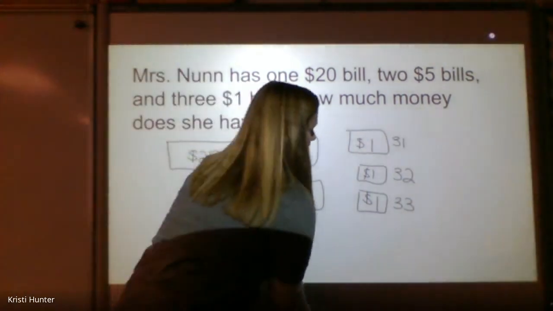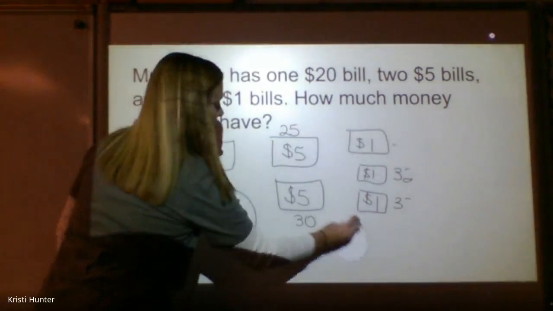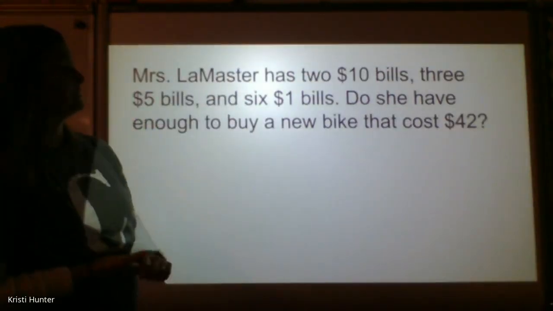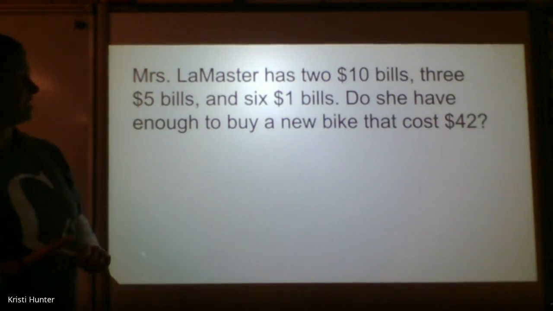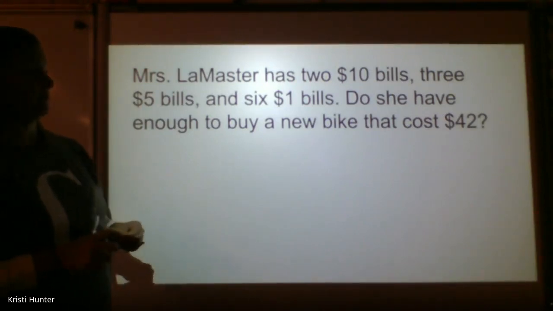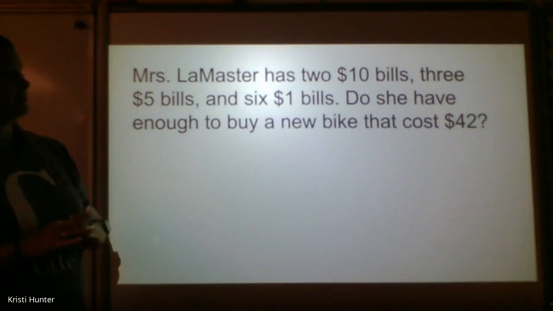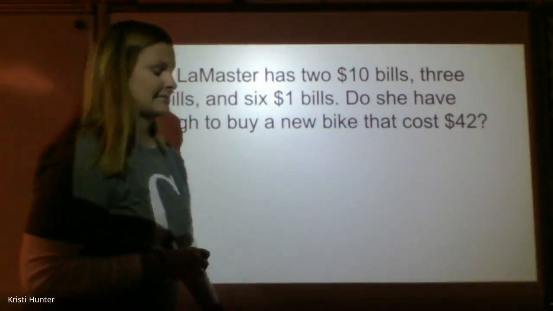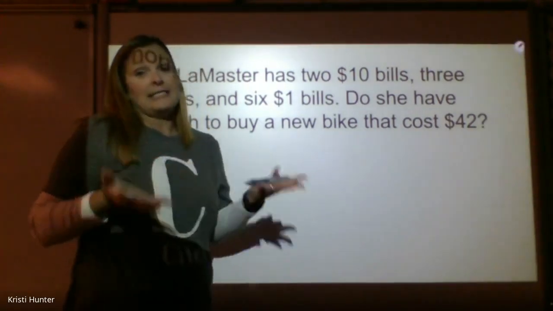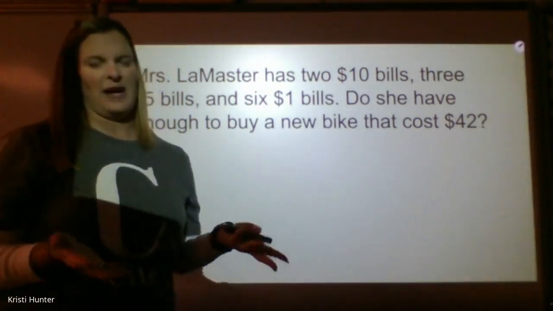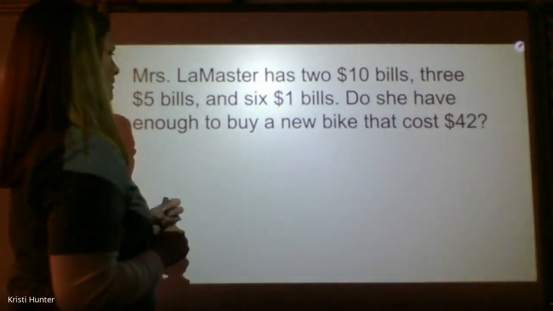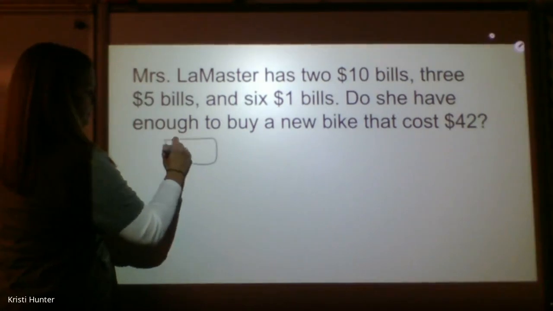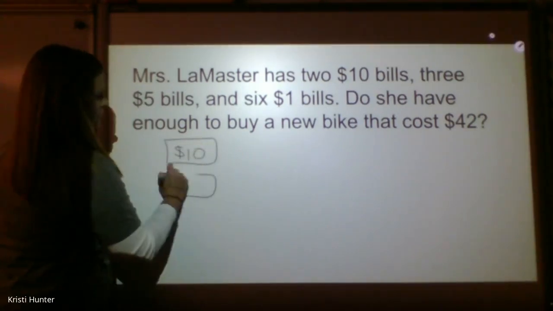All right, and one more example to look at here. Mrs. Lemaster has 2 $10 bills, 3 $5 bills, and 6 $1 bills. Does she have enough to buy a new bike that costs $42? Let's see. First thing I'm going to figure out is how much money does Miss Lemaster have anyways? I really have a 2-step problem here. So let's give it a look. 2 $10 bills. So again, I'm going to draw my bills. Miss Lemaster has 2 10s,